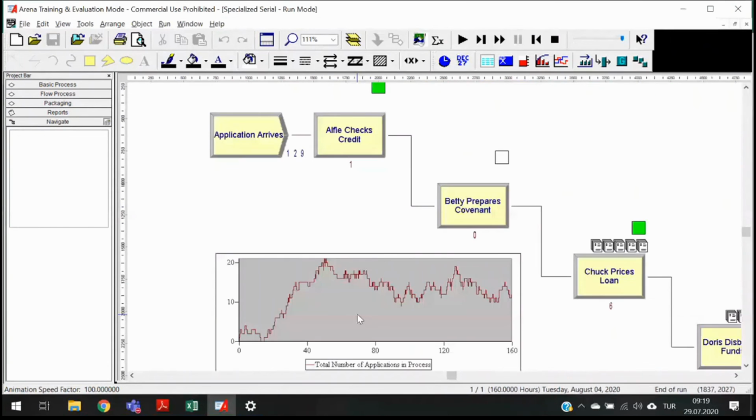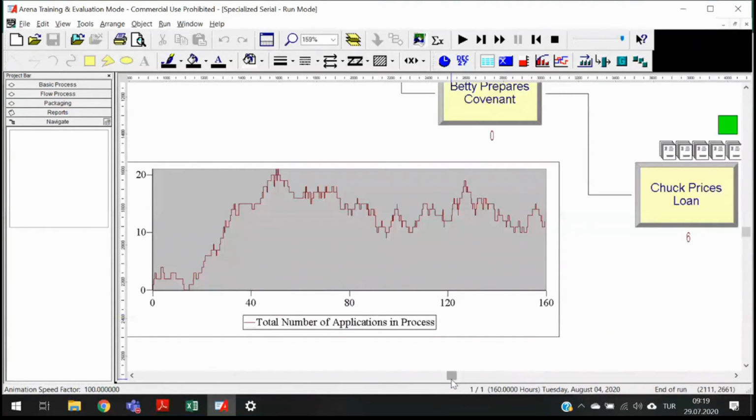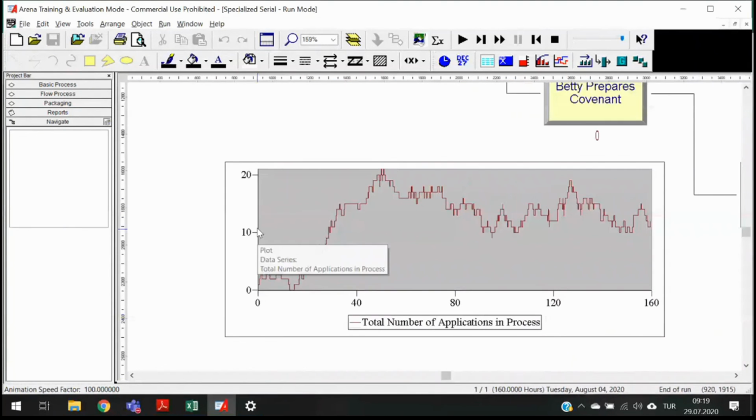So you see, this is the total number of applications in the system, and the average of this plot is 12.39. But you can easily see here there is a warm-up period. The system has not reached a steady state because this is a serial processing system, and the system started first. First, Alfie has started working, but while Alfie is working, the other resources, the other officers, were remaining